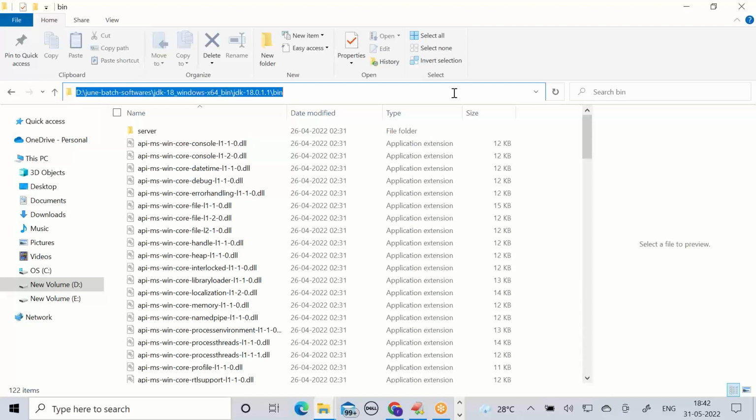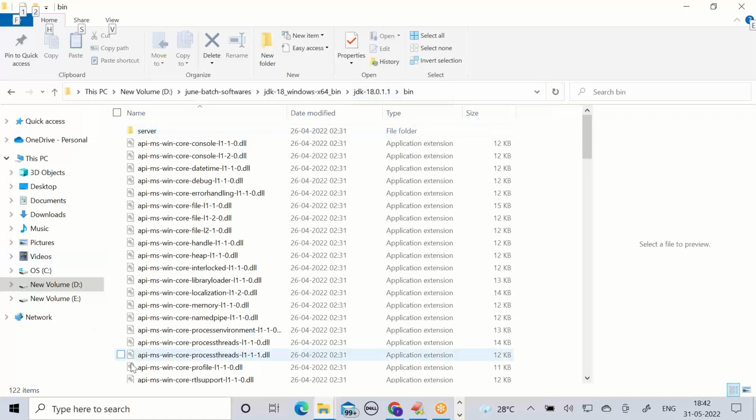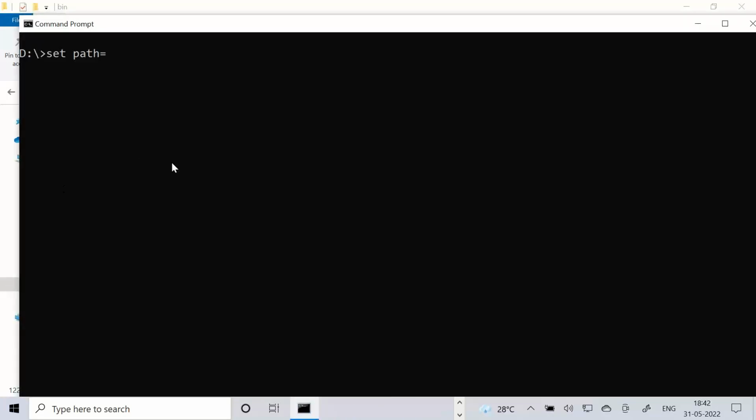This location should be configured to the command prompt. For that configuration purpose, they provided a procedure. That procedure is setting a name, setting one path. That name is path. Control V or right click paste. Press enter. Now throughout this command prompt, you can trigger the javac command anyway. It can be C drive, D drive, E drive, F drive, anywhere.